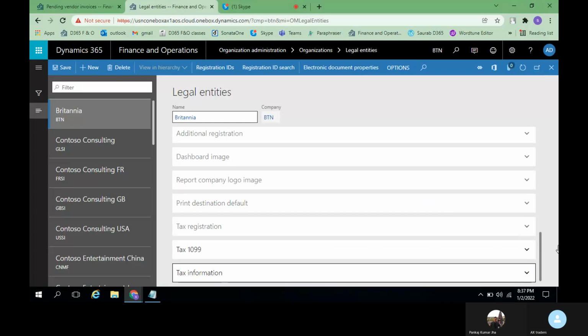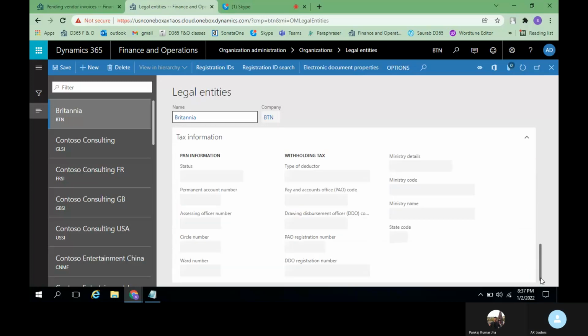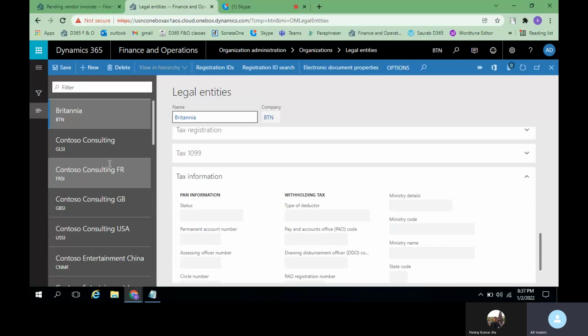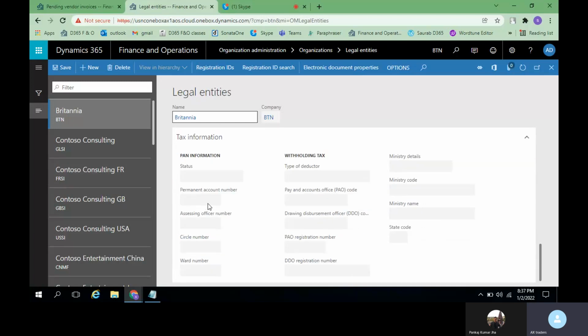Tax information. Here in India we have PAN and withholding tax related details, right? In the same way, you can enter them here. I think PAN is only available in India. If you select the company address as India, it might enable you to enter the PAN.